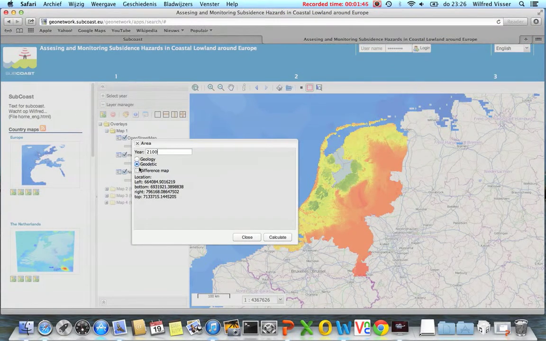At this moment we have only a geodetic approach, so that's the only choice. What we do in a geodetic approach, we have our dam and then we multiply for each year the deformation to the dam. So that's your digital dynamic dam.